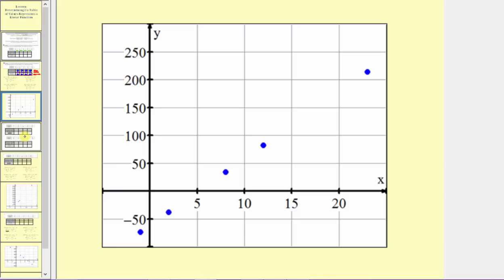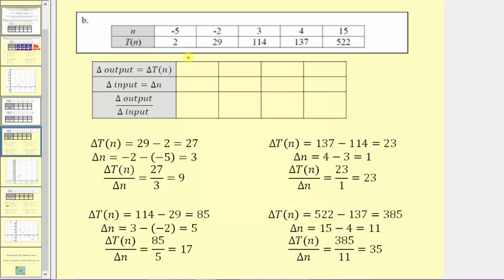Now the next two examples will do exactly the same way. The only difference is, notice how the input is n and the output is t of n. And so in our table, the change in output is the change in t of n, the change in input is equal to the change in n, and we still have the same ratio to determine the rate of change. So using the first 2 points in the table,